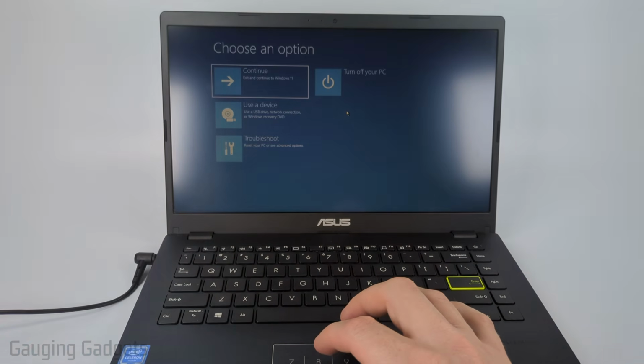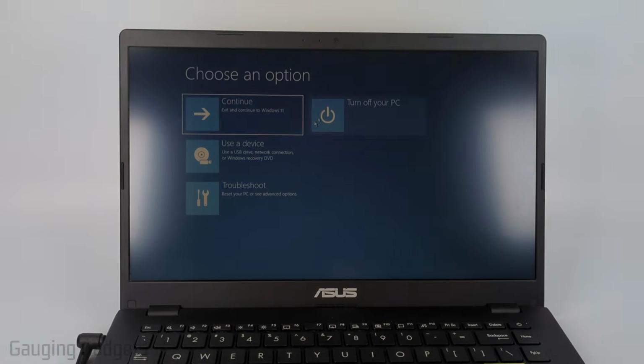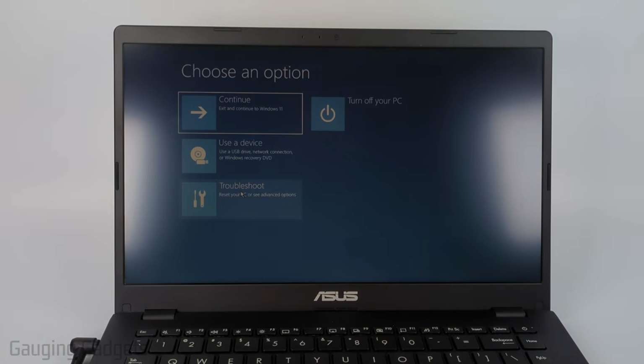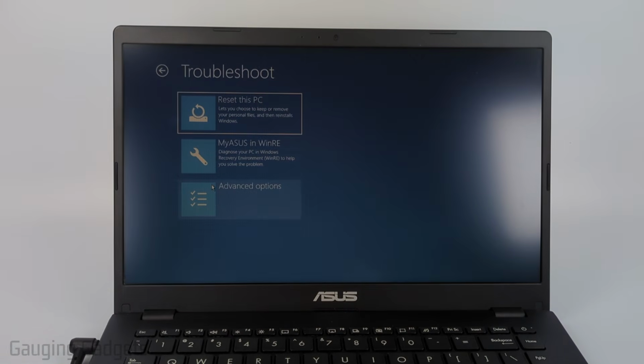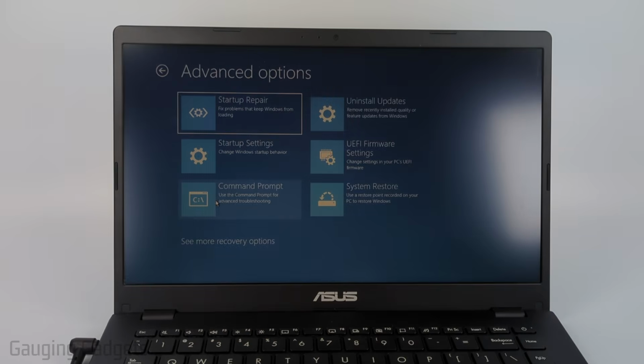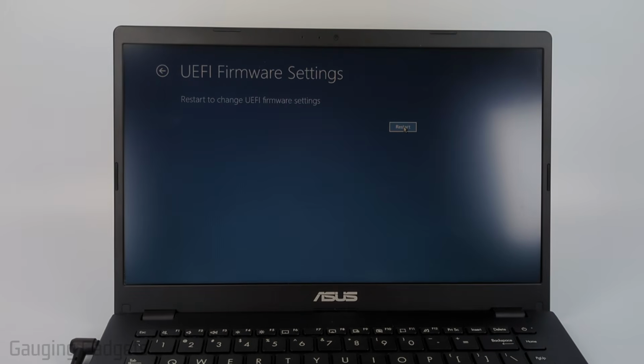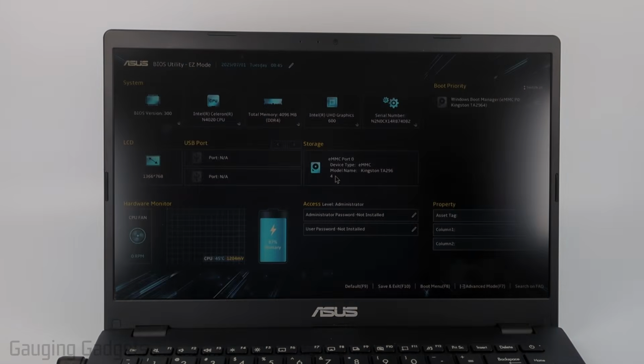Once your laptop reboots into safe mode, you'll see Choose an Option and simply select Troubleshoot. Once in Troubleshoot, go down and select Advanced Options, and then select UEFI Firmware Settings. Then just go ahead and select Restart. It'll then reboot into the BIOS utilities, as you can see right up here, where then you can do anything